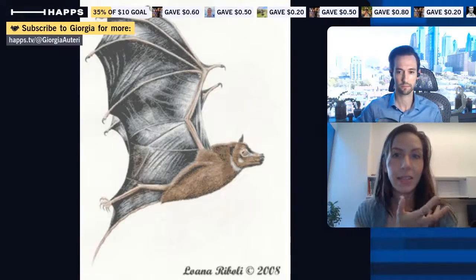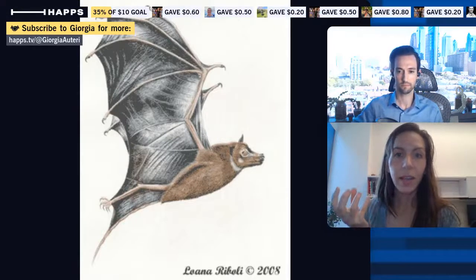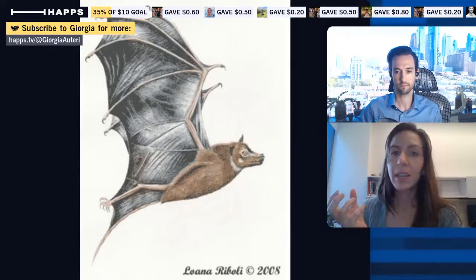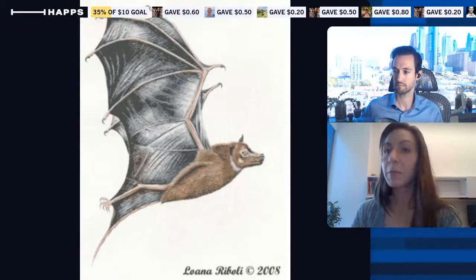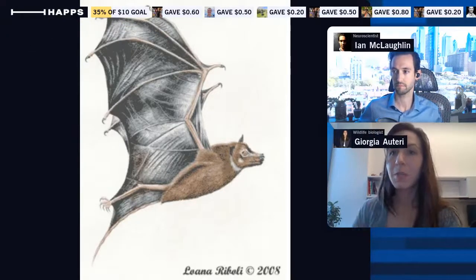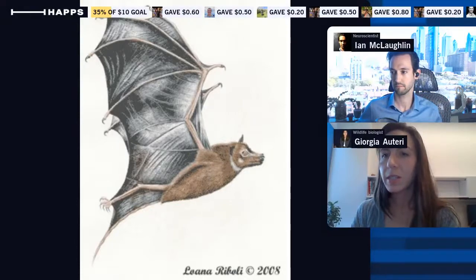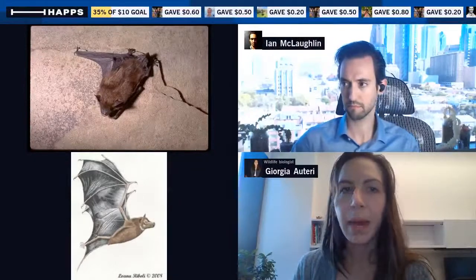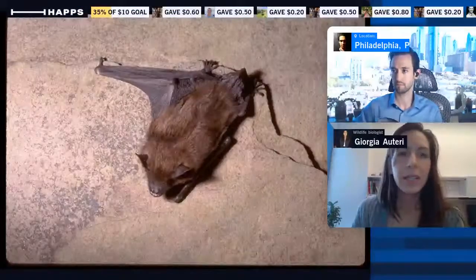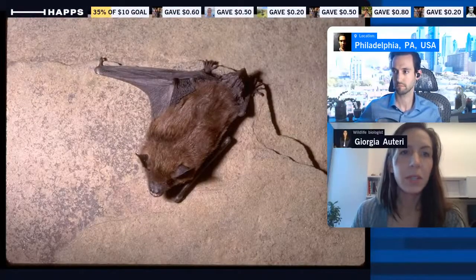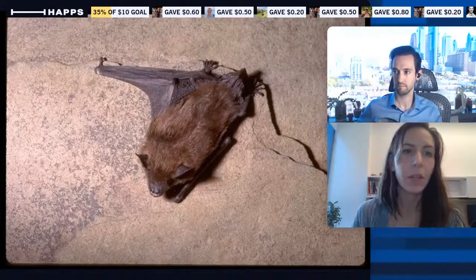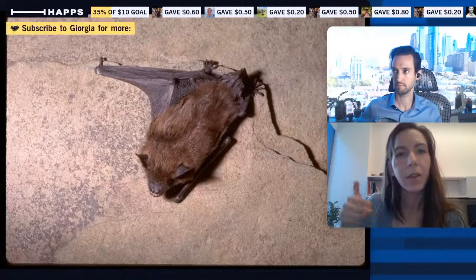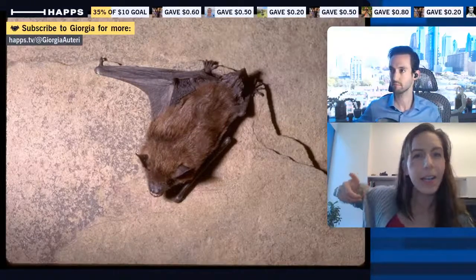We see that there's this trait that hung out and was still around, and then it wasn't needed anymore, and so eventually it disappeared. But bats kept their thumb claws because their thumb claws are actually still useful to them. So if we look at another picture of a modern bat here, we can see that it's using that one little claw on its thumb in the top left of the picture. It's using the one claw on its thumb to hold on to this piece of rock as it's climbing